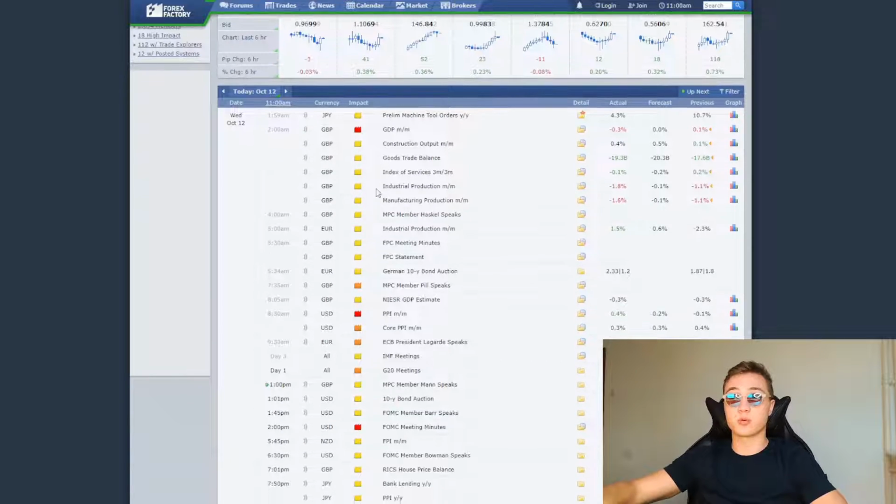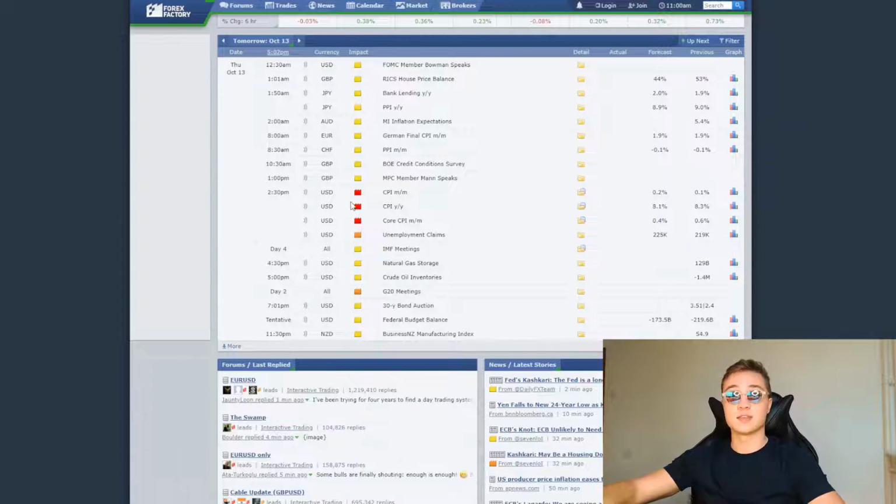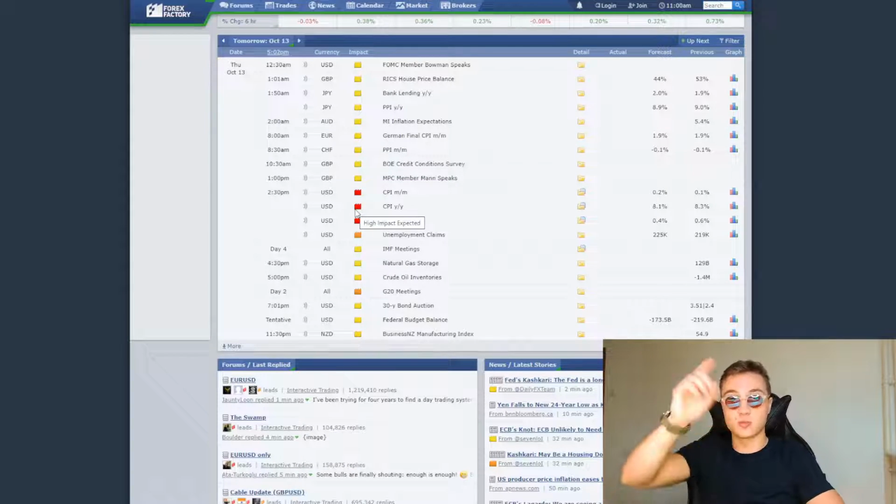We do have some important news coming out tomorrow in terms of CPI coming in from the US. This is a market shaker, so you can expect a lot of large volume to come in, a lot of volatility, chart moving like this, and you could even find some good opportunities for trading,